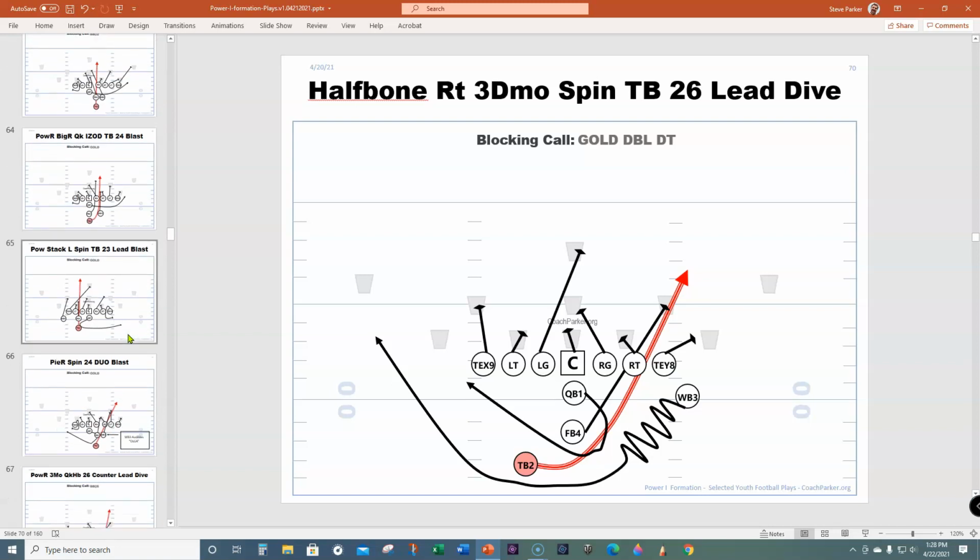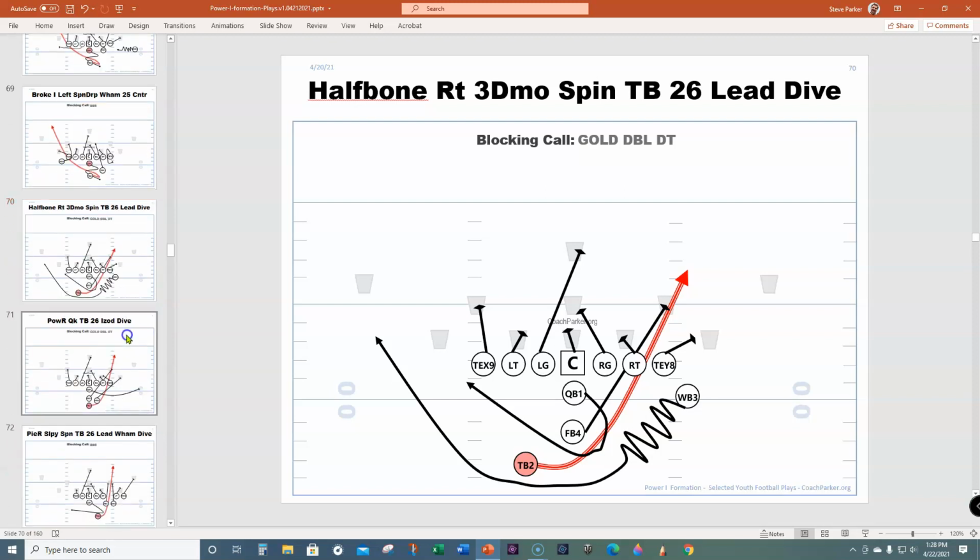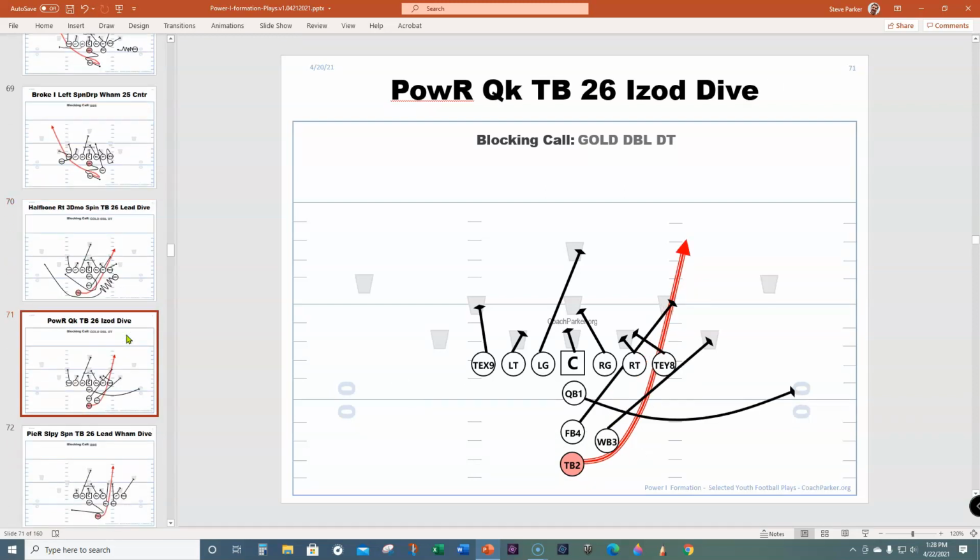It's with the tailback kind of scooted over, and that gives me opportunity to get the wing back in motion and an easy kind of pull to the tailback there. So that looks good on the half bone, and then let's see, power I again with the 26 Izod there,